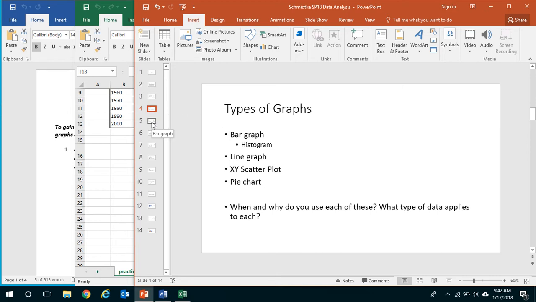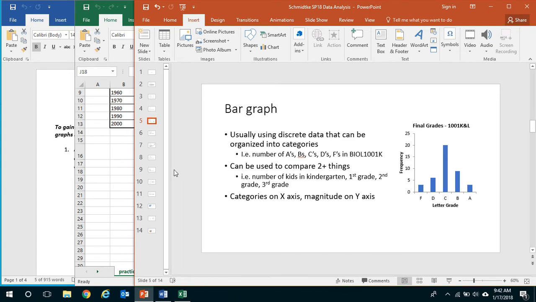So we're going to go through each of these, and we're going to talk about how to generate them as we go. The first one is a bar graph. This is usually going to be used for discrete data, so that would be whole number values that can be organized into